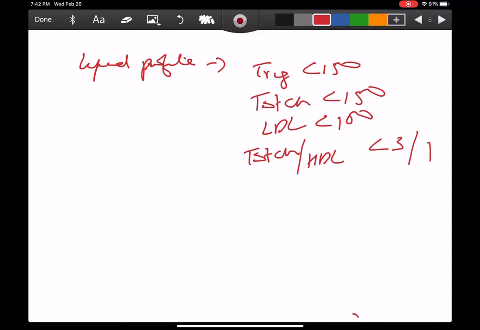What I would suggest is, in case your lipids are high, you need to go consult your physician before you start any kind of diet or weight loss plan. Because a lot of people have comorbidities and other medical conditions which need to be evaluated before you start exercise or any weight loss plan.